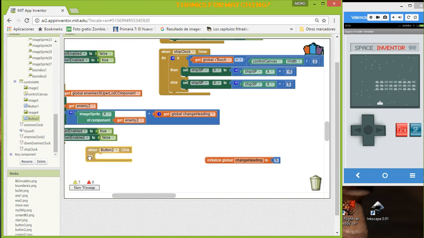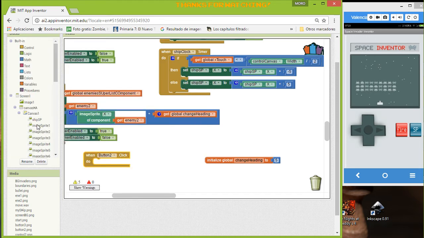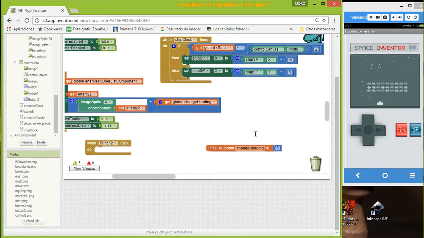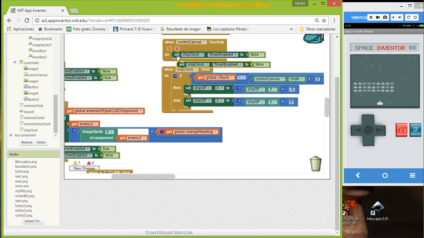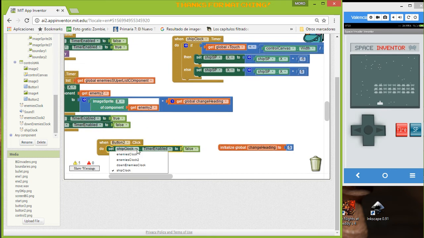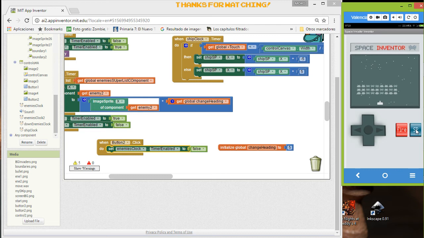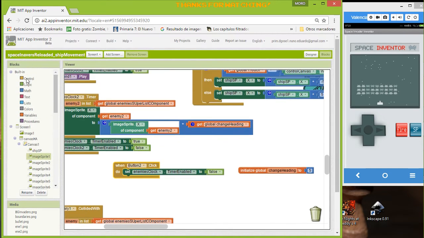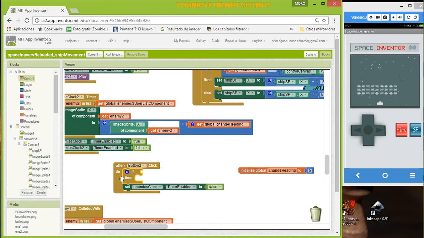When we click this thing, enemy clock, oh sorry, let's duplicate this one, and let's call it enemy clock false when we touch this. It's like pause. Okay, so now to activate this, well, we can use just a simple condition. Sorry, it's not a pausing game, but